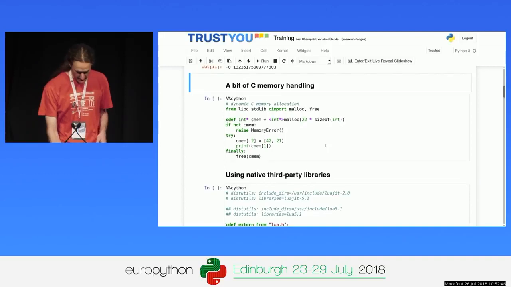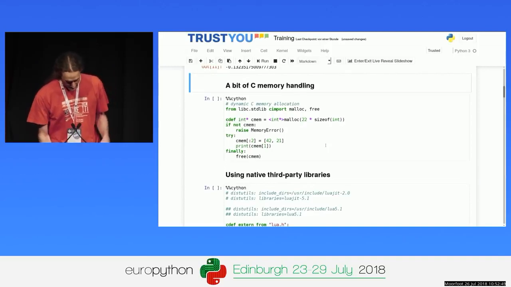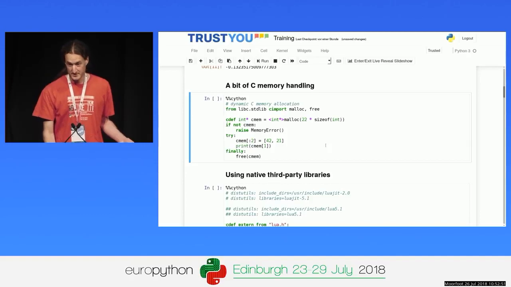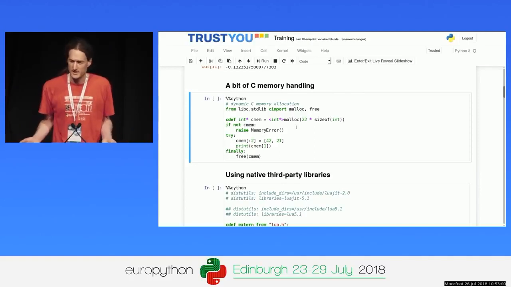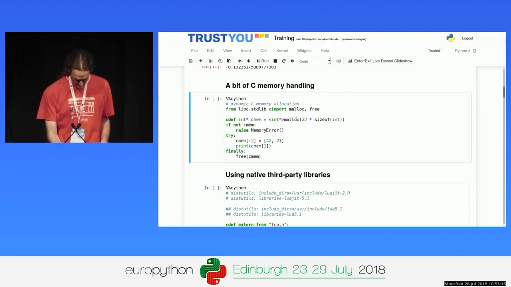Just two little things. Since we're in C now, I can use manual memory handling in C. This is how that would look. I have malloc and free, so I can allocate some memory. I mean, in Python, memory handling is completely automatic, right? You have objects, you have references to them, and when the last reference to an object goes away, then the object just dies and gets collected. That is not the case in C, totally not. C is completely manual. And so in C, I would say, allocate some memory here. If that fails, I get a null pointer back, and I just say raise MemoryError.